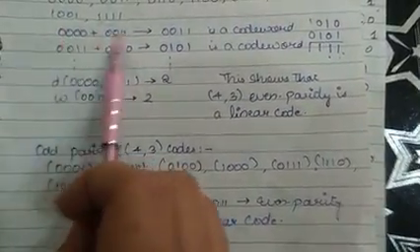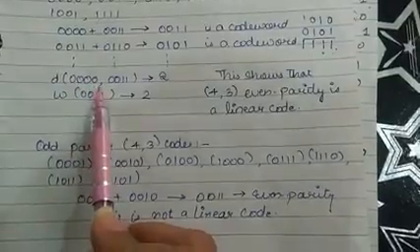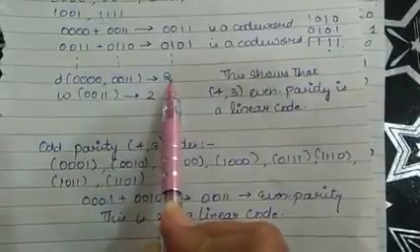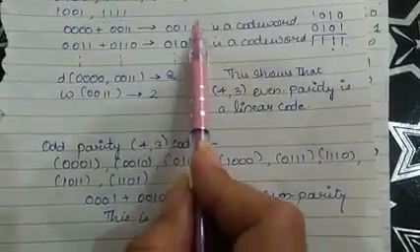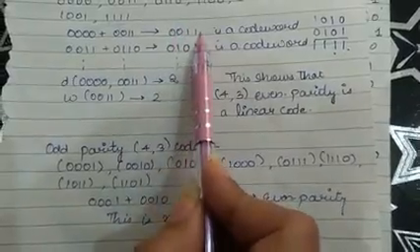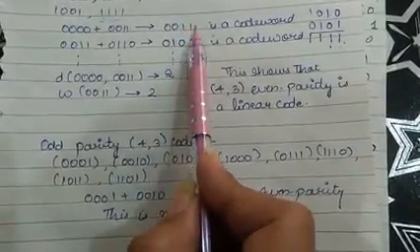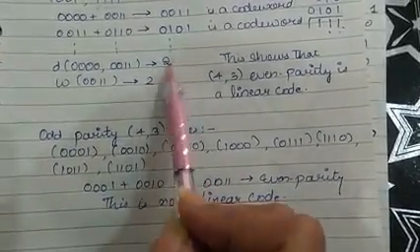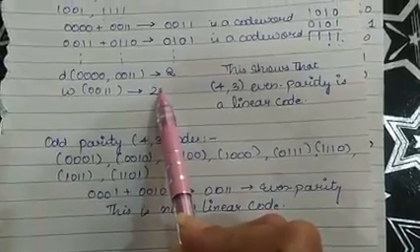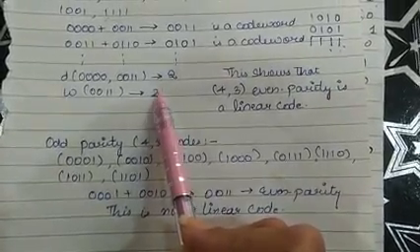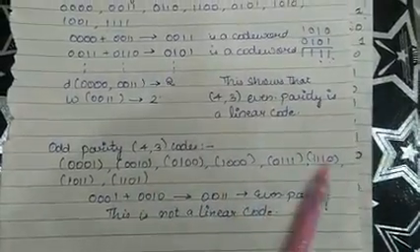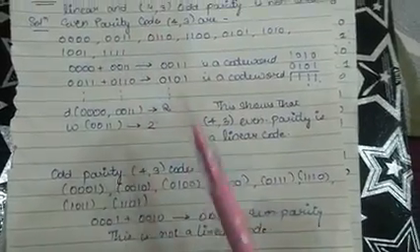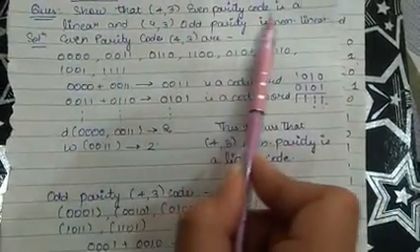So I'm taking this one, 0000 and 0011. I have a difference in 2 bits, so I can say that it is 2. What is the number of ones in my final code word, the ck? That is 2. For the third property, these should be equal. Yes, they are equal, so we can say that this 4,3 even parity code is a linear code. I have taken all these even parity codes here. So I have proved this section of my question.